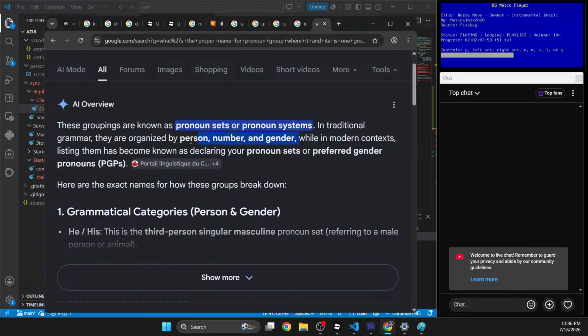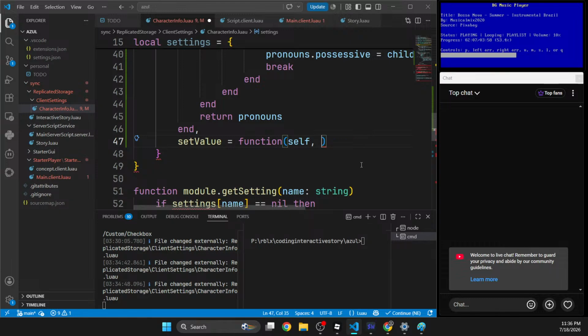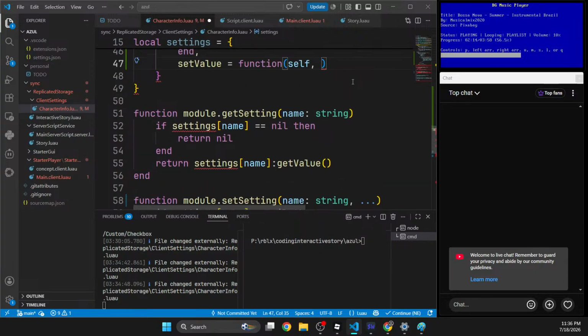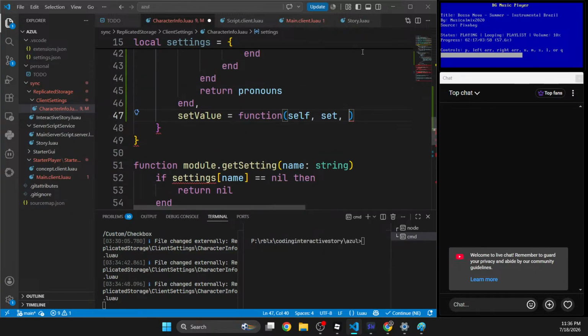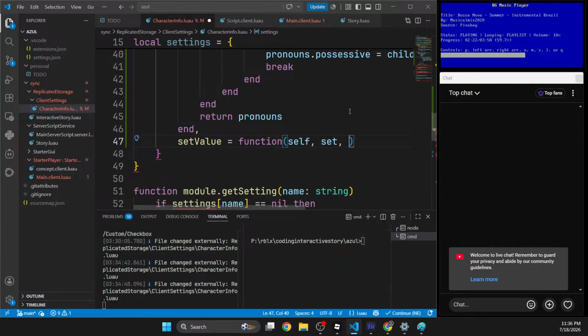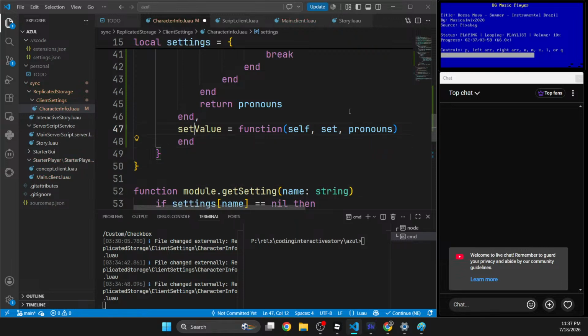I mean this one, person numbers. I mean no, this one, pronoun sets. Set. Okay. Hold on. So I set the set, I guess. So I guess that's what it's called. Set, and I kind of want to call them groups though. Set, and then optionally the values for each, that is pronouns. Okay, and